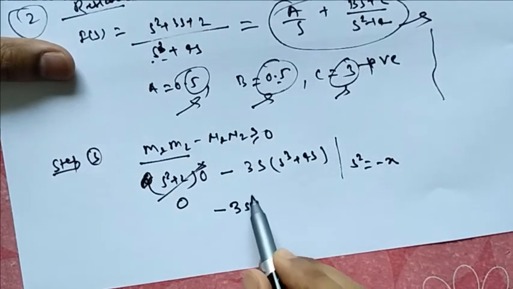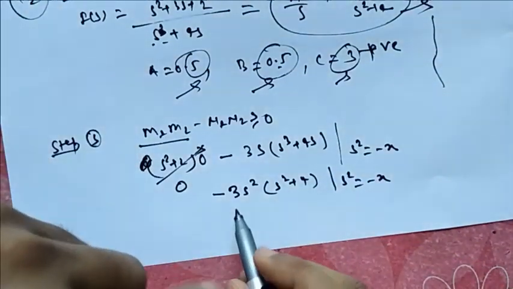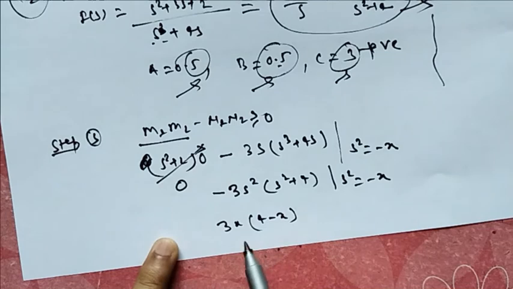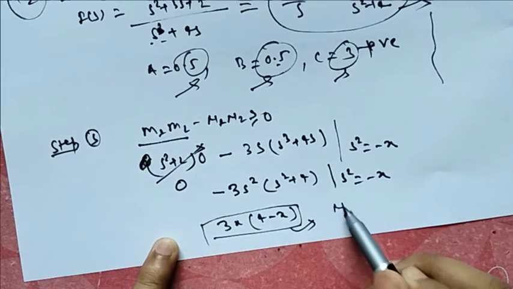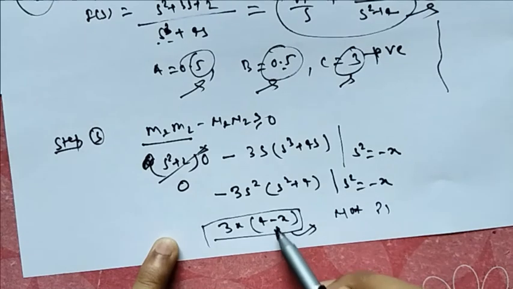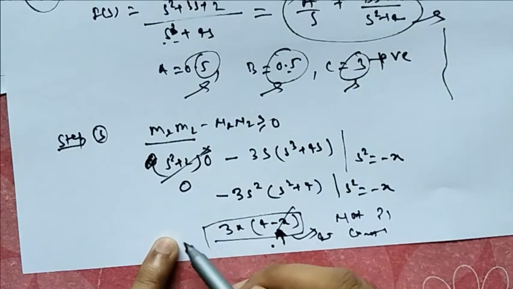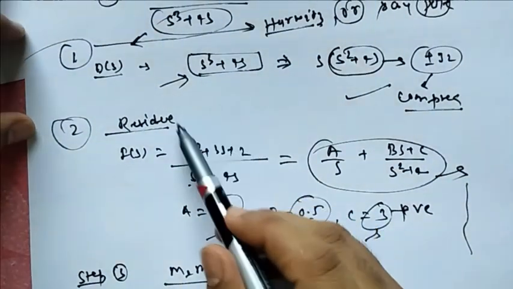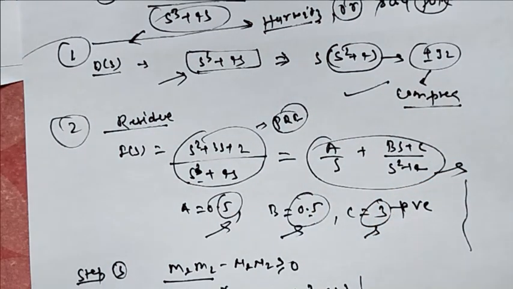So minus 3 times (s square plus 4): putting s square equal to minus x, this is going to be 3x, and then 4 minus x. Then we can say that this function is not PRF, because it confirms that for certain values of x, this A of x will be negative. So we can say this function is not a PRF. So this is all about the PRF, meaning positive real